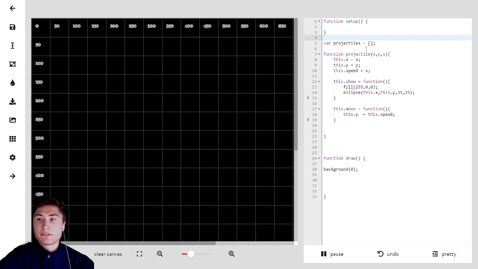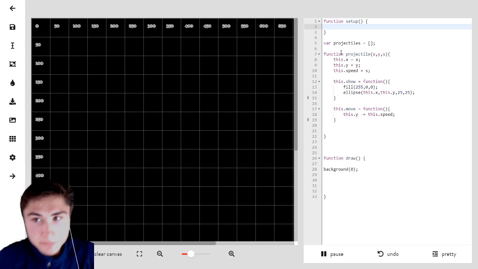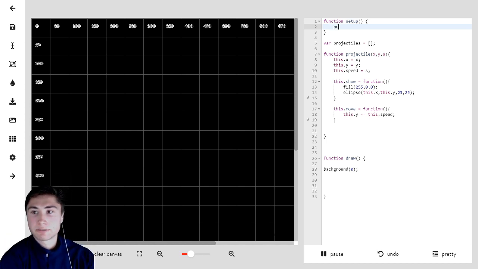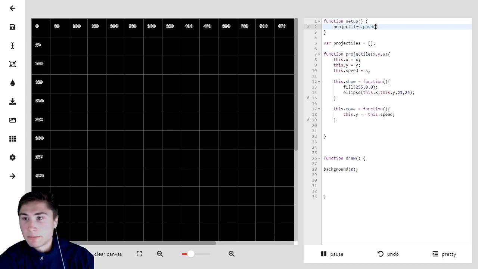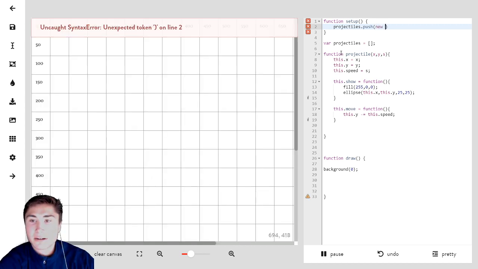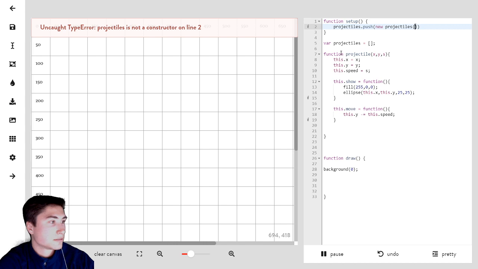So now we have this empty array called projectiles. So let's put something in that array. So we're going to use push, like we did before. Projectiles dot push, and this is a new word that you might be familiar with already, but this word new is what we use to create our objects. And so we're going to say push a new projectile, and for now let's just put it at,